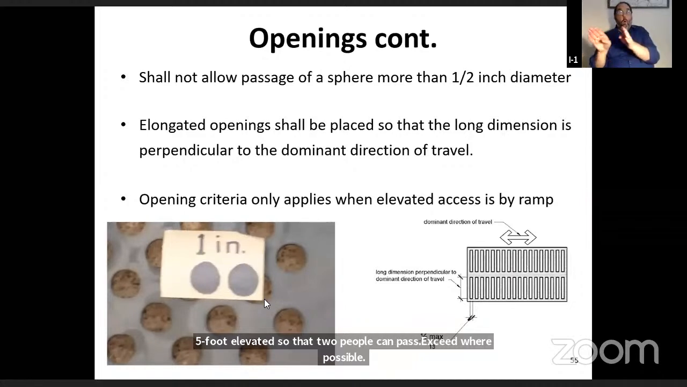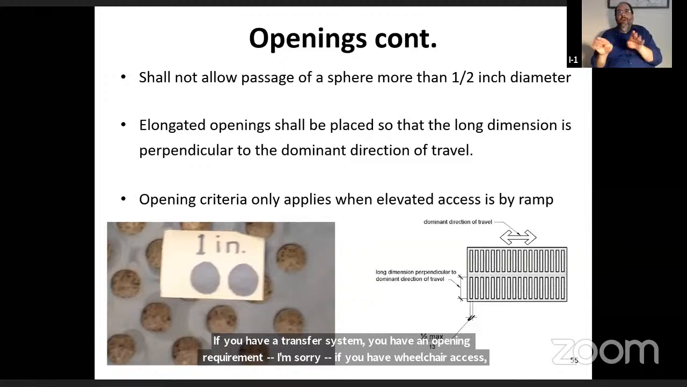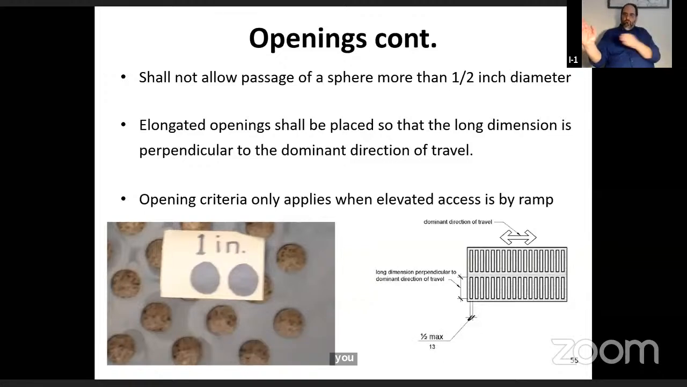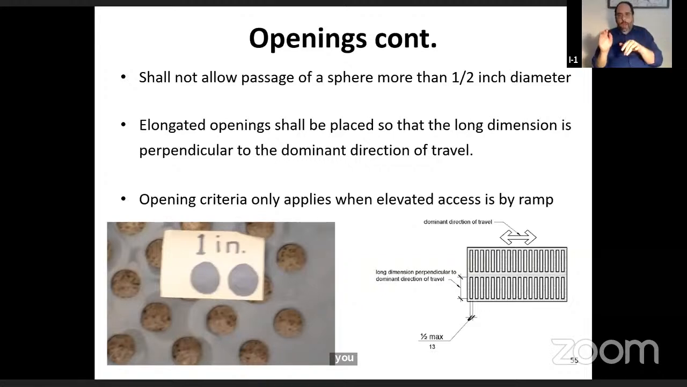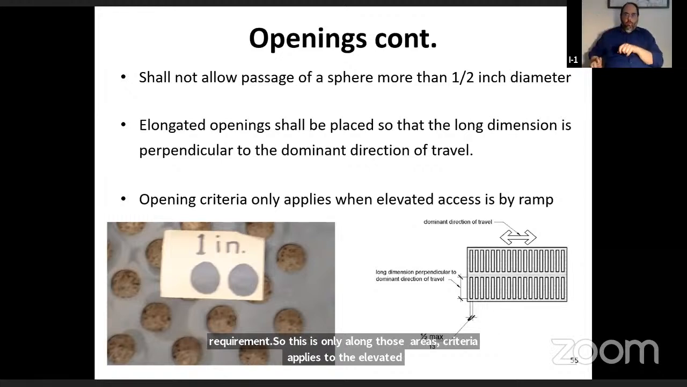Openings. I'm sorry, if you have wheelchair access, you have an openings requirement. If you don't have wheelchair access, you don't have an openings requirement. So this is only along those areas. The criteria apply where the elevated component is accessed by a ramp, not by transfer. So if you had a grating system,